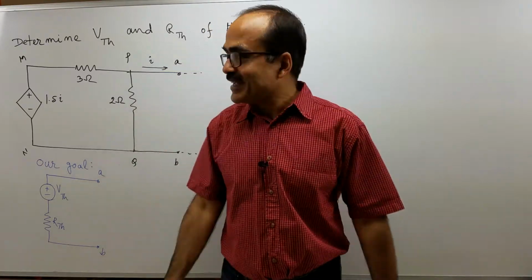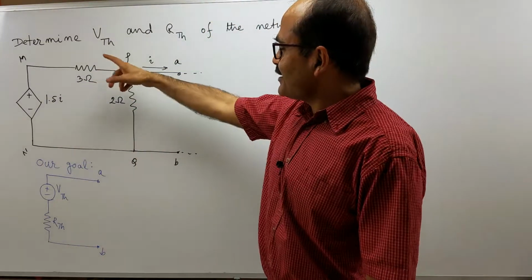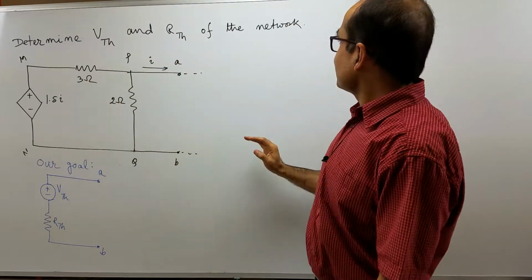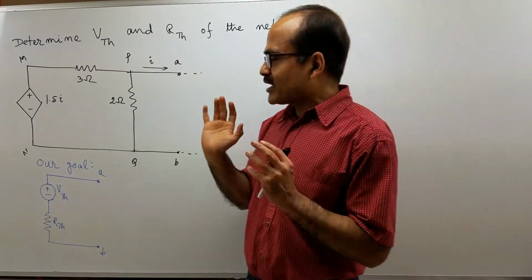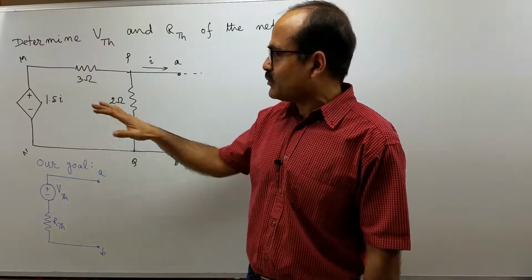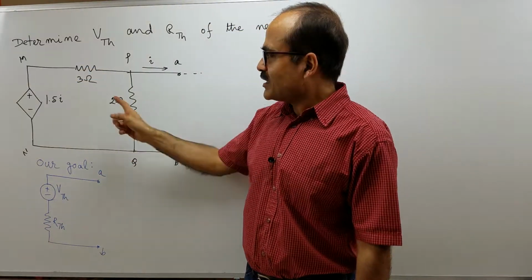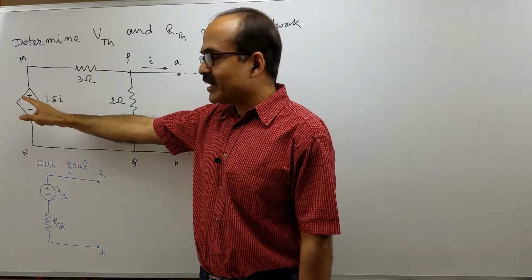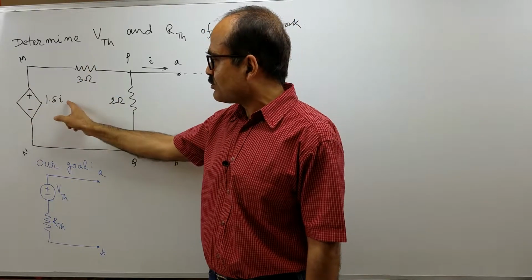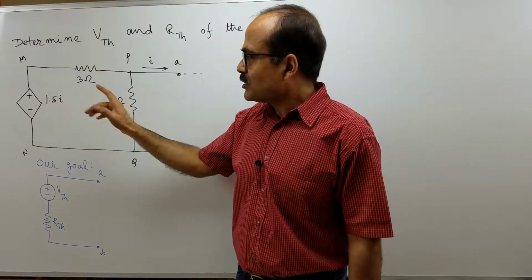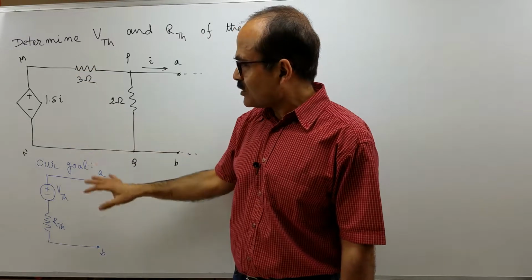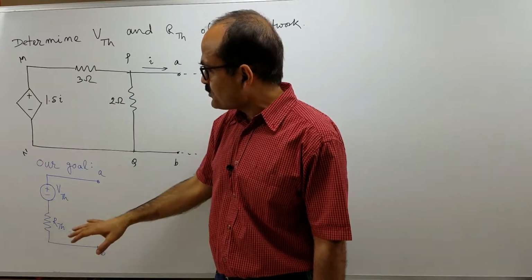I am Sushanto. In this session, I will find Thevenin voltage and Thevenin resistance of this network. First of all, we have to check if we can use Thevenin's theorem for this network. This network is a purely resistive network with a dependent voltage source whose EMF is proportional to some current. So, clearly it is a linear network, and as it is a linear network, it can be reduced as one